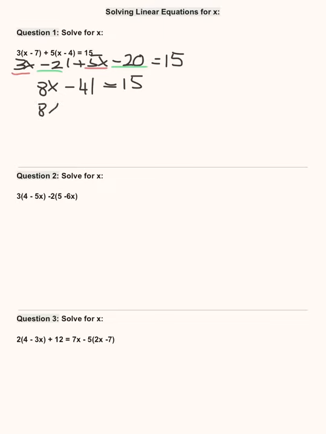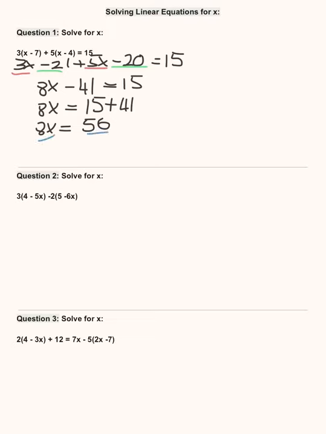So I've got 8x, and I'm going to move that minus 41 over. Anything that moves over the equal sign changes. So that's going to become 15 plus 41 when I move the minus 41 over. Which leaves me with 8x equals 56. And at this point here now, you must divide down